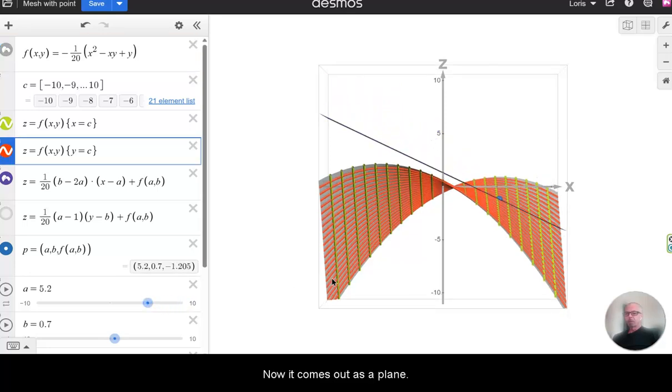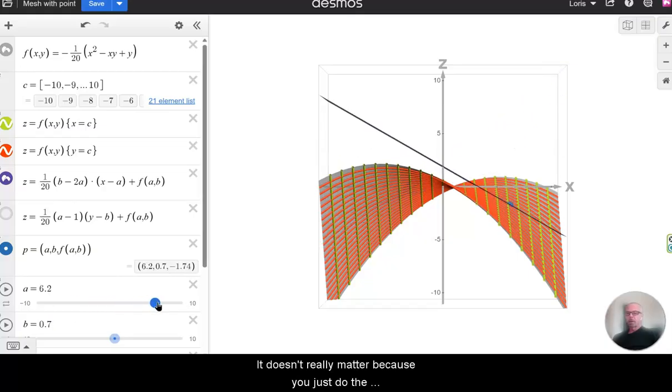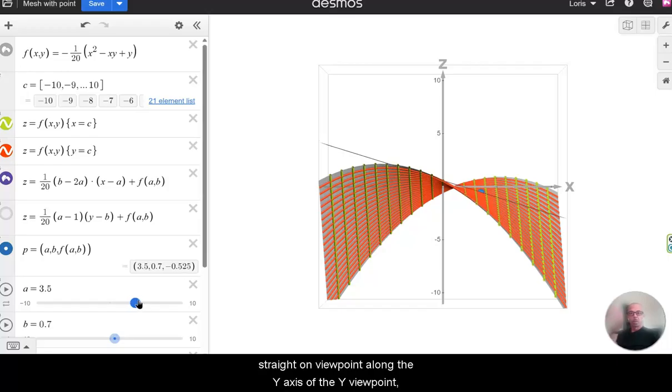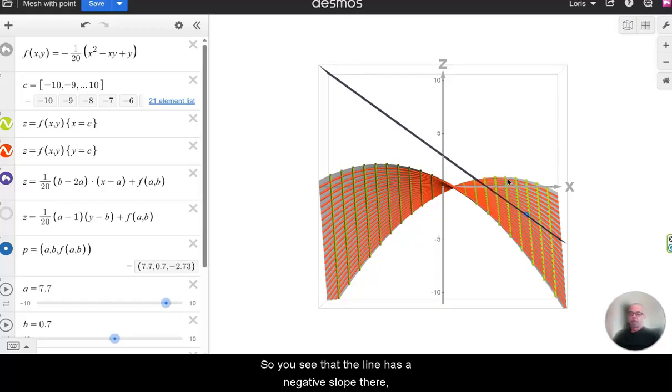Now it comes out as a plane, but maybe in a future video I'll show it as a line. It doesn't really matter, because you can just do the straight on viewpoint along the y-axis, looking straight on, so you see that the line has a negative slope there, like it should,